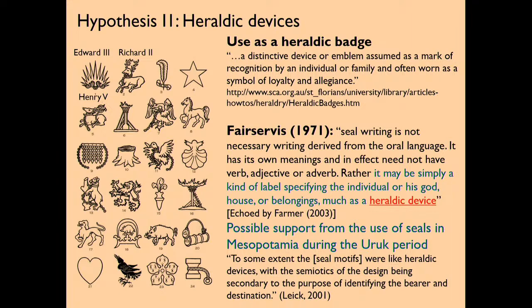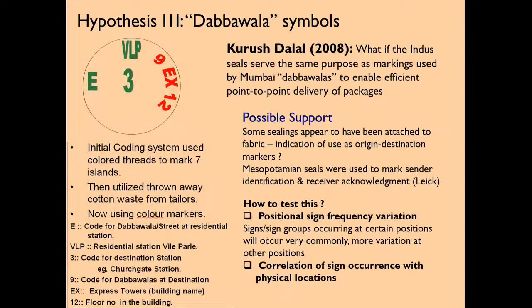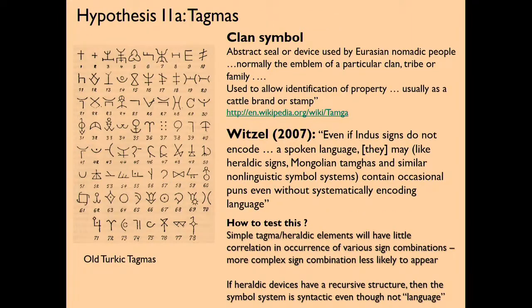This is Richard II's heraldic device. But we know that even nomadic tribes of Central Asia have tended to use this. So, for example, these are the heraldic devices used by Turkic tribes. They are called tagmas. And this in particular has been suggested by Michael Witzel, that the Indus signs might be